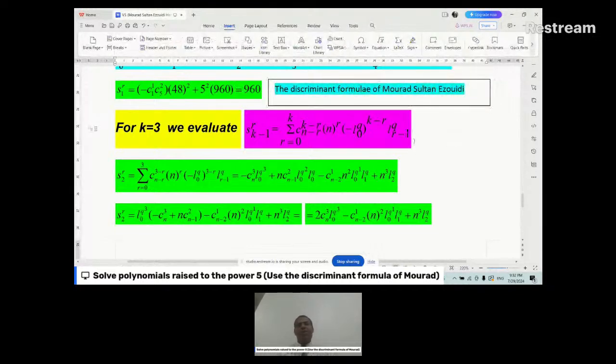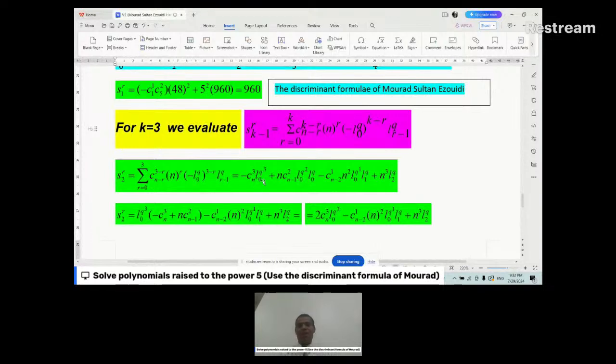Okay, so we continue, learners. We said that I will set k equal 3 in my discriminant formula. You can see that k I will replace with 3. So 3 minus 1 will give you 2. The sum from 0 to k equals the sum from 0 to 3 because k is 3, times combination n minus r, choose 3 minus r, times n raised to the power r, times negative L0 for the q raised to the power 3 minus r, times LR minus 1 for the q. After developing this, learners, and explaining this